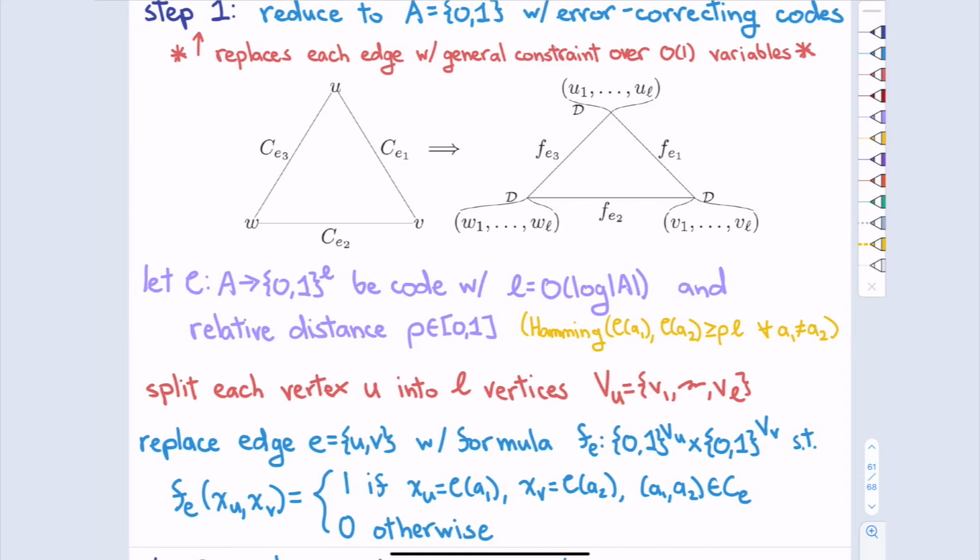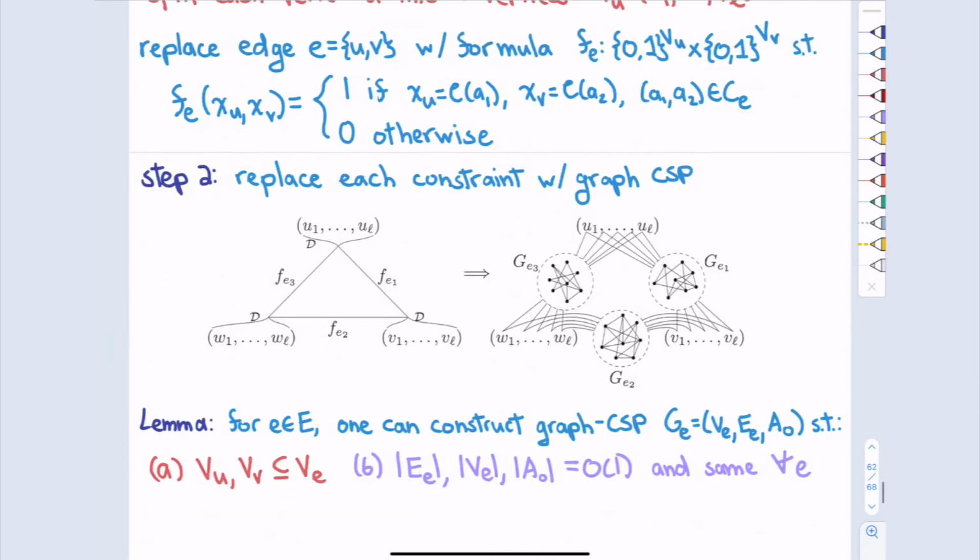One thing I want to point out is that although this is kind of messy and L is somewhat moderate, the size of L depends on the size of the alphabet, which, while kind of big, is still some big constant, because we blew up a constant by a constant last time. So all of this stuff is constant size. It's kind of big, but it's not proportional to n. That's the first step.